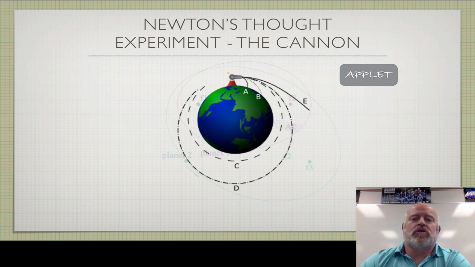Okay, so according to Newton, he did a lot of thought experiments, like, well, what if this happened, or what if that happened, or how about this? And then he put some math to it. One of the things he talked a lot about was if you had a cannon sitting at the top of a tall mountain and you shot it. We know that things fly in a parabolic motion with projectiles, right? We've done projectiles, so we know that. We know they're going to fall and they're going to maintain an x velocity. They're going to hit the ground some distance away from the cannon.